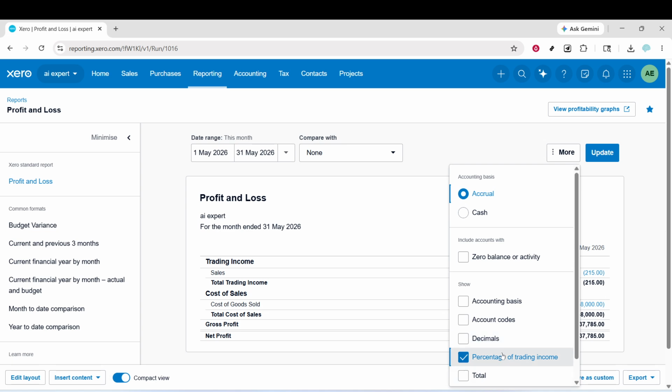Now enable the option called Percentage of Trading Income. This setting uses your total trading income as the 100% baseline. When it's on, each line in the report will show a percentage that tells you how much of your revenue that item represents. Income lines show their contribution to total revenue, and expense lines show how much of every dollar